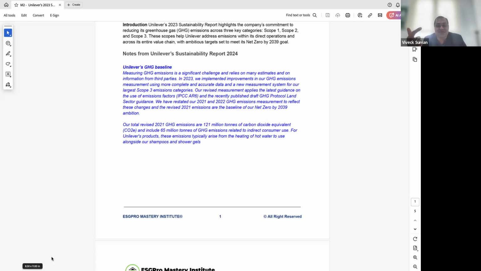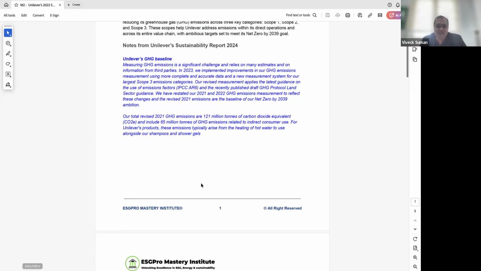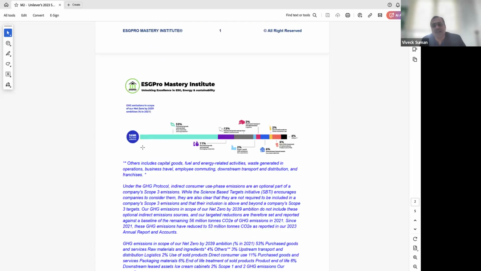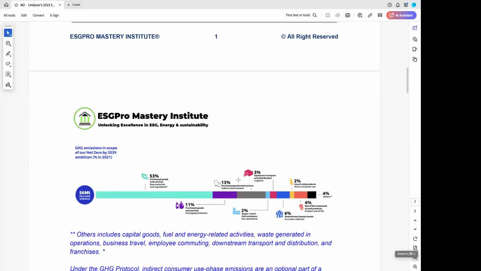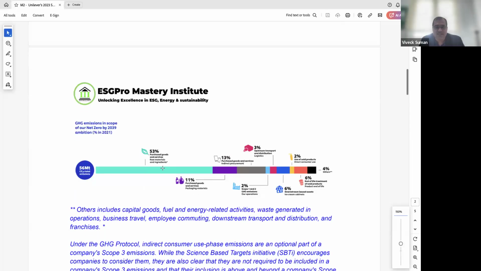And that is what Unilever is facing as scope 3 challenges. Of course, they have massive emissions coming out from their scope 3. But out of that, 53% is coming from, you can see this graph, right? The graph is visible to you all. It is also written in the summary. It is coming from the purchased goods and services, which is raw material, like plastic, chemicals, petroleum jelly, etc. All that which they buy is a scope 3 emission, and 53% is coming from that raw material itself.